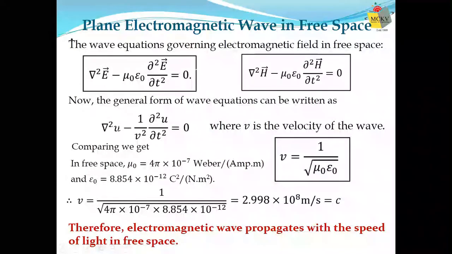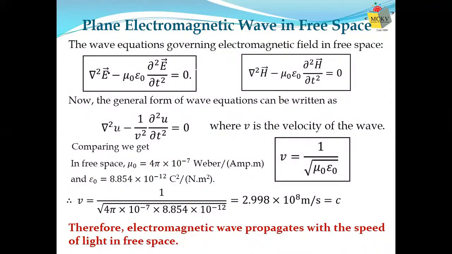That means we can say the electric field and magnetic field also represent a wave. That means we can write E in terms of a wave. How can we write a wave? We can write a wave as amplitude, sine or cos. I don't know whether it is a sine wave or a cos wave, so I'm writing in general e to the power i(omega t minus k dot r). Why k dot r? I do not know whether the wave is propagating along the x, y, or z direction, so I'm taking an arbitrary direction r.